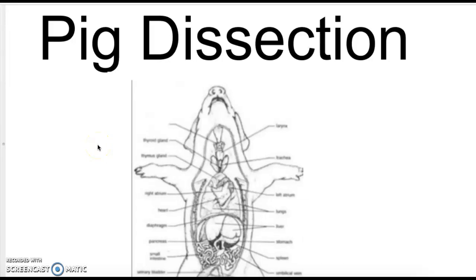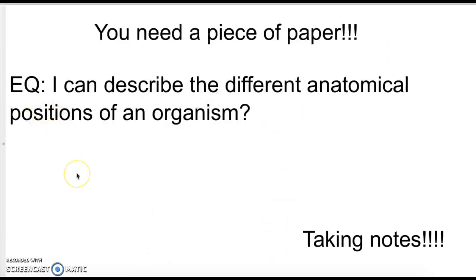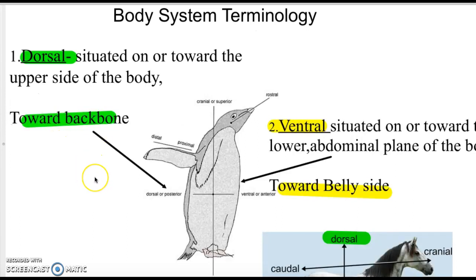All right, so the video notes that we have for today is about our pig dissection, and it's going to be about anatomical position. So on the back of your packet, it should be blank. I'd like you to please write down, I can describe the different anatomical positions of an organism. So diving into those different anatomical positions, it'll help us with understanding the different positions and placements of organs